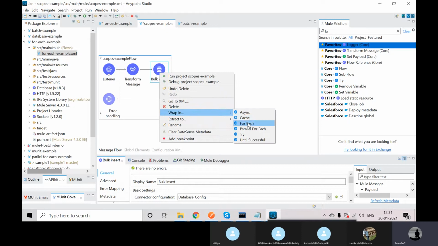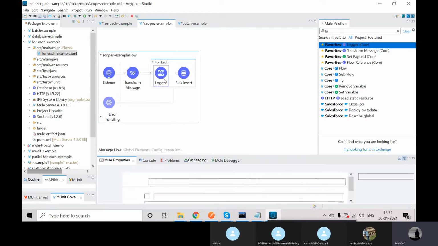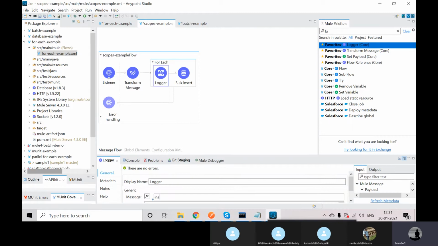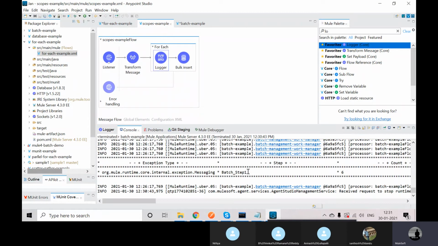Wrap it in for each. Inside the for each I can place one logger. Now I will run this application.